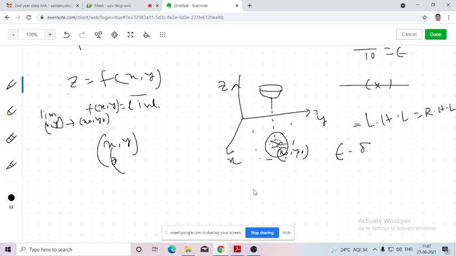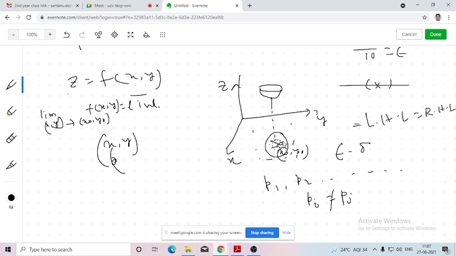Why? Say there are infinite number of directions, say P1 directions, P2 directions, infinite number of directions are there. So if the limit exists, then the limiting value should be equal with respect to each and every path. But if I want to disprove that, that means if I want to show that the limit doesn't exist, then it is enough for us to choose any two paths, Pi, Pj, and if I can show that the limiting values are not equal with respect to two arbitrary paths, then at once I can say the limit doesn't exist, because if the limit exists, then the limiting value should be equal with respect to all the paths.